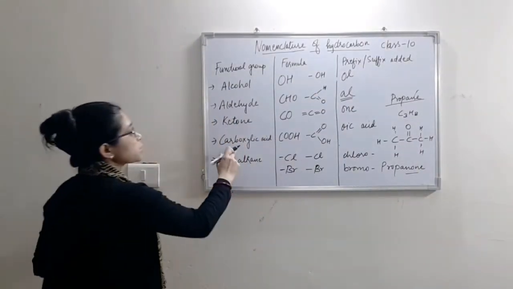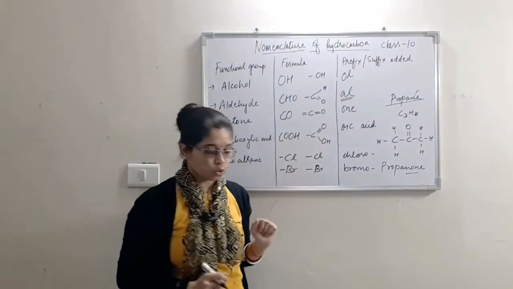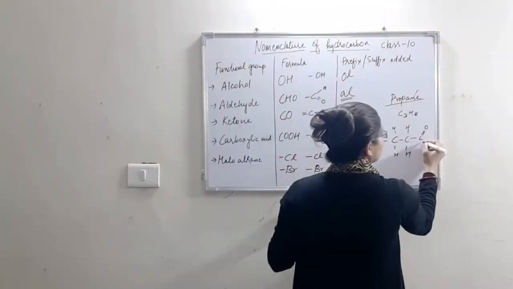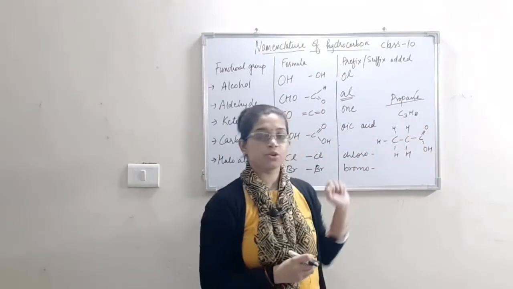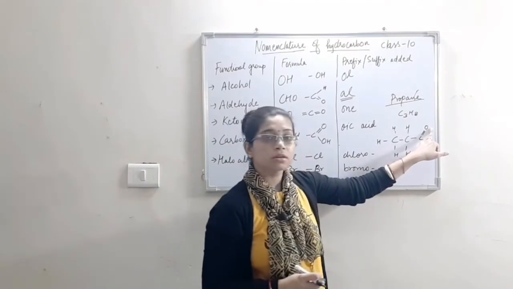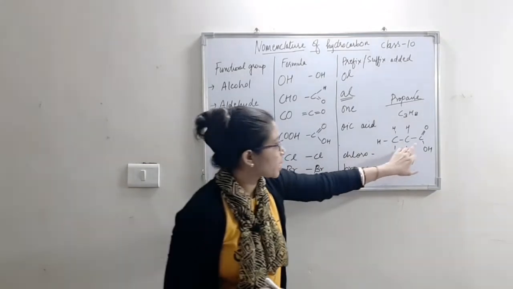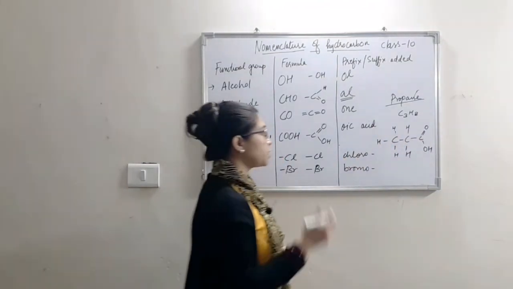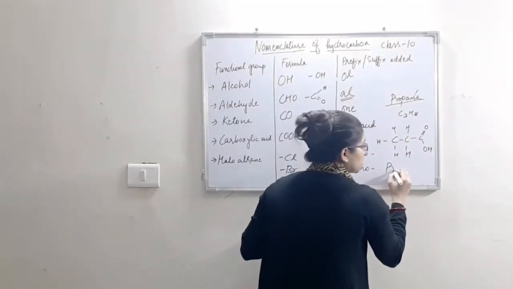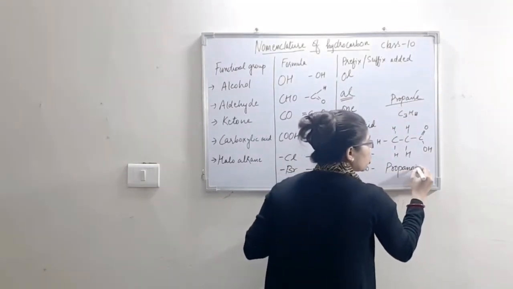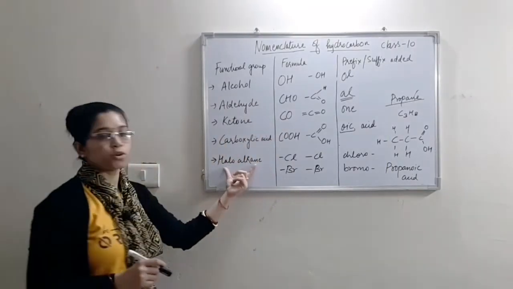Now the next one is carboxylic acid, in which we have to add oxygen with carbon and an OH group. We can add in this manner. We will have to remove 2 hydrogens and add oxygen and hydroxide, that is the OH group, and the bonds will be made as shown here, and the name will be propanoic acid. OIC is added by removing E, so it becomes propanoic acid. Now the next is haloalkane.